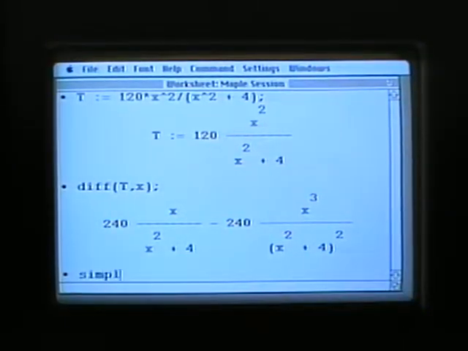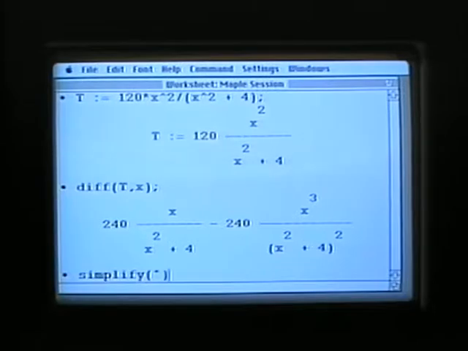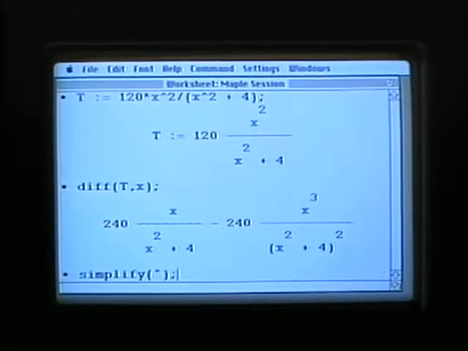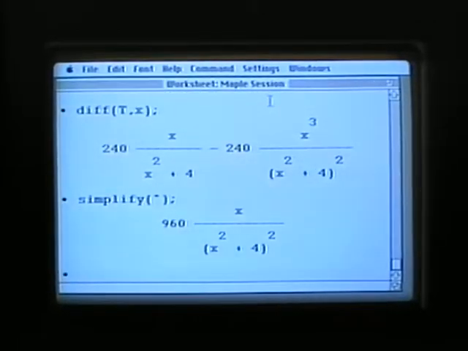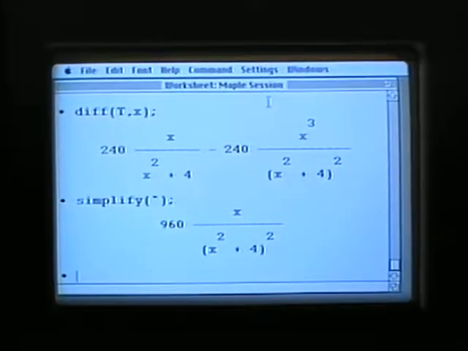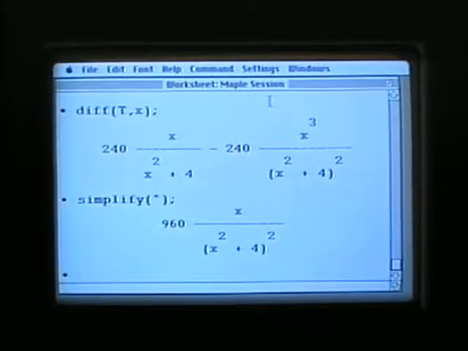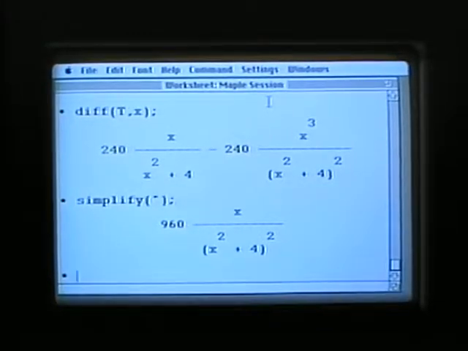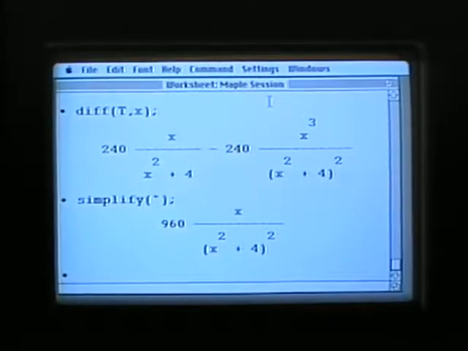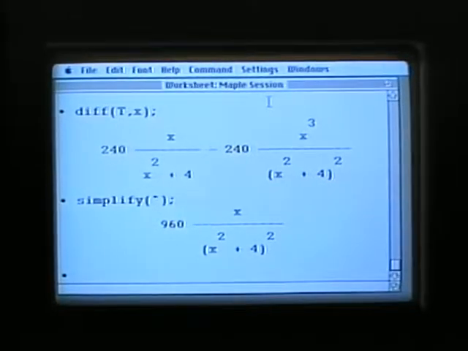But we can use the computer to simplify this. The quote marks indicate that I'm going to be using the last thing that was printed out, the last thing in time, the semicolon at the end. And now it simplifies this original, not so complicated expression into something that's much tighter. And my students can see, for instance, here that if x is positive, the denominator is positive, the numerator is positive, the whole thing's positive. They know enough about the first derivative, which we have here, to say, well, gee, the function ought to be increasing, which is a nice fact about total receipts. They should increase over time.